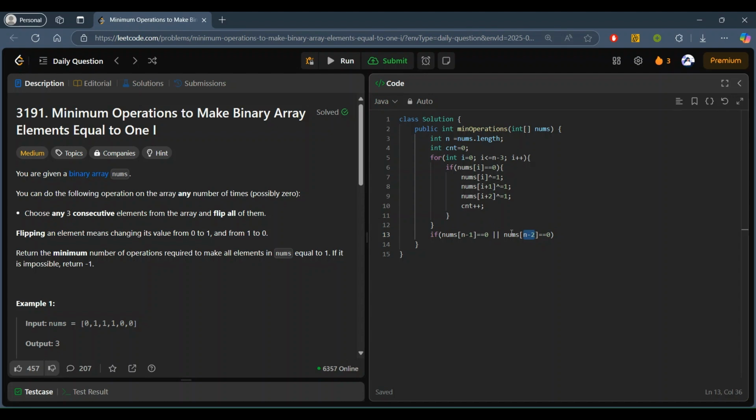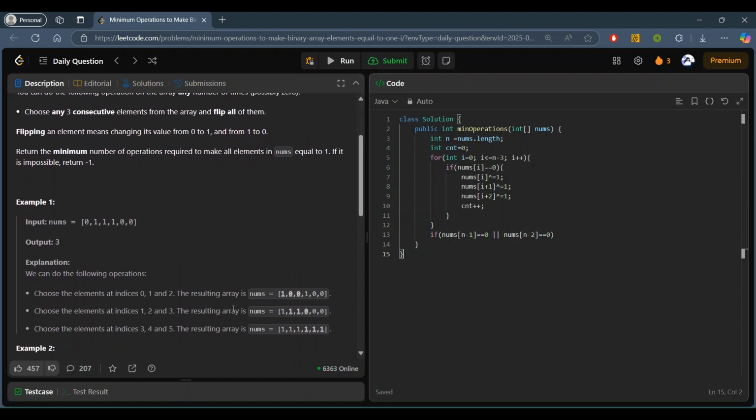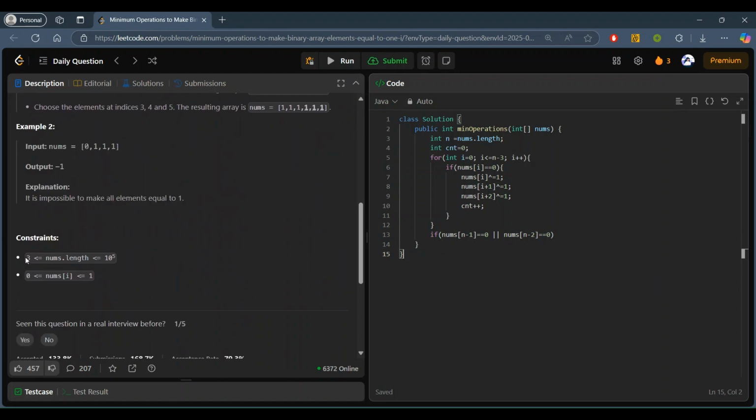In that scenario it will fail, right? So for that case we should always go with the constraints given, and with that only we have to take the parameters. So here in the constraints, it is already given that nums length will be at least 3. So there is no worry about taking n minus 2. That will be for sure.